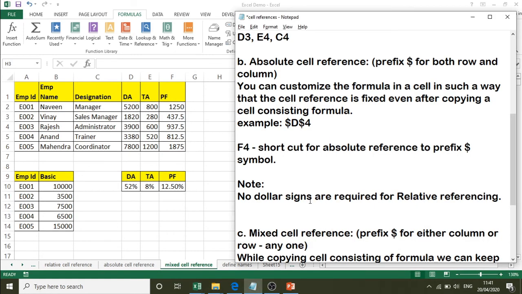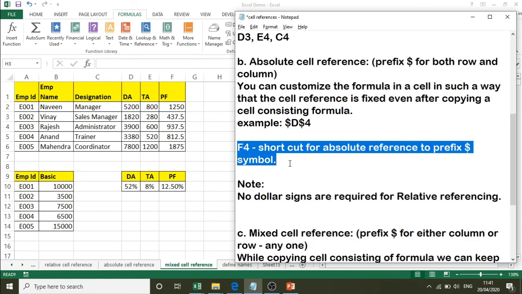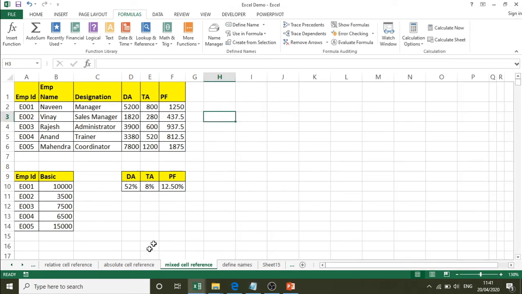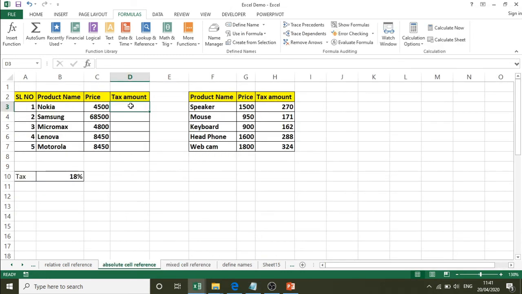We will now see how to make use of a shortcut key for entering absolute, relative or mixed cell reference. The shortcut key is F4. Let us see how to use this in our example. Here I am using this tax amount. Let me do the calculation. Equals into C3 into, so this is the cell address, B10.